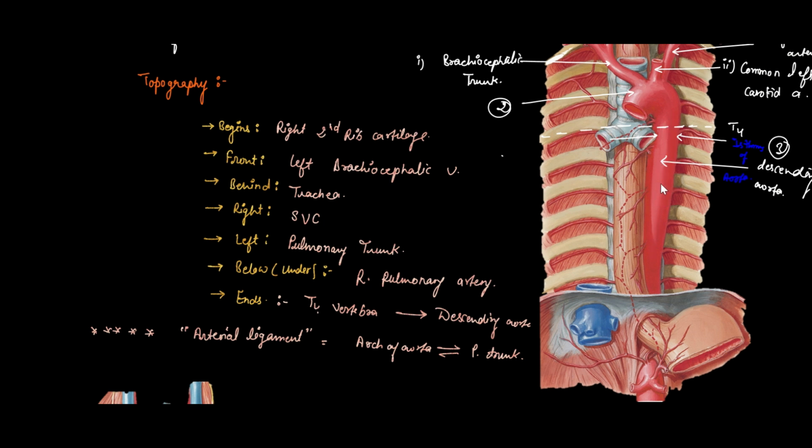The topography of thoracic aorta can be easily understood by several images. One of those images is this image. As you can clearly see, on the left side of the aorta lies the mediastinal pleura, and also the lung. On the right side you can also see the right mediastinal pleura and the lung in the lower part of the aorta as it moves towards the right side. When it moves towards the right side, the right mediastinal pleura and right lung lie to its right side on its lower part.